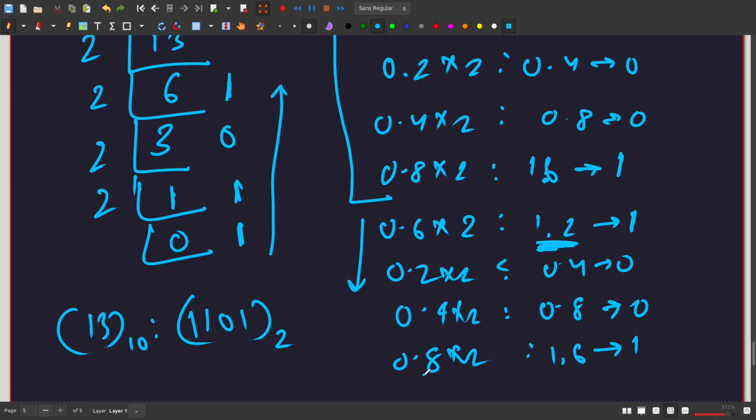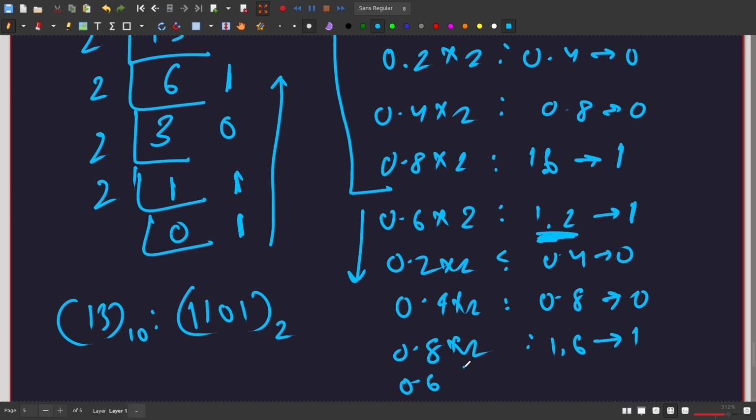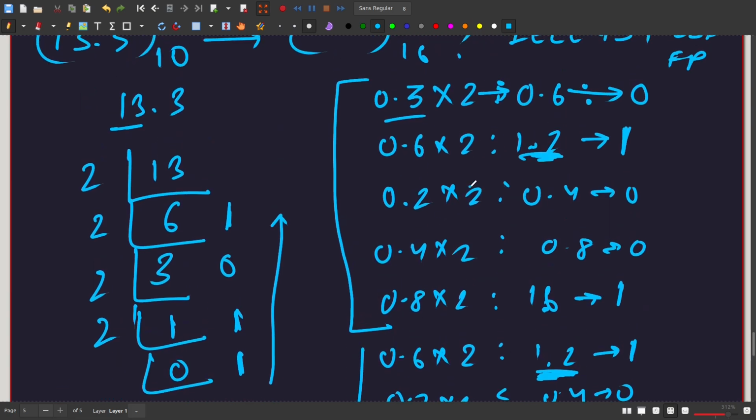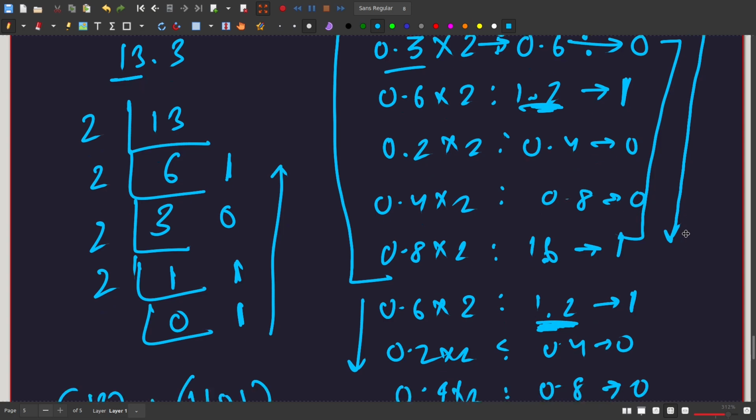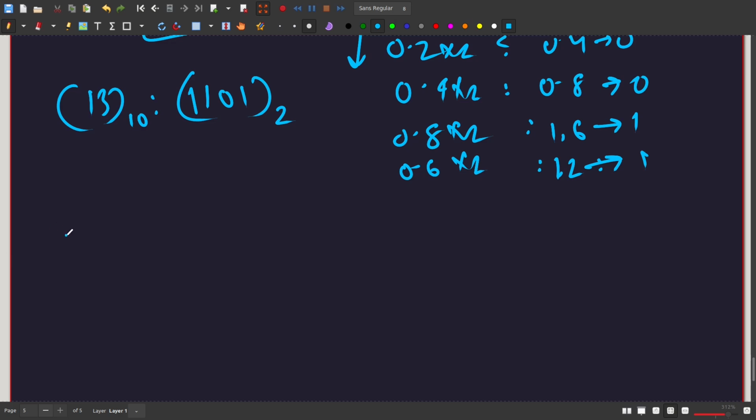We can basically continue. So notice again, I'll now get 0.6 times 2, which gives us 1.2, and we'll get a 1 here. Notice how this whole thing is repeating now, and it's kind of boring, so we don't want to unnecessarily capture too much nonsense. This string here will repeat over and over again, so we'll just take this part and write that this thing is supposed to repeat. So the point we got here is that 0.3 in base 10 would actually be something like,